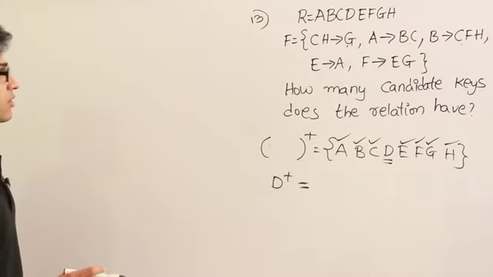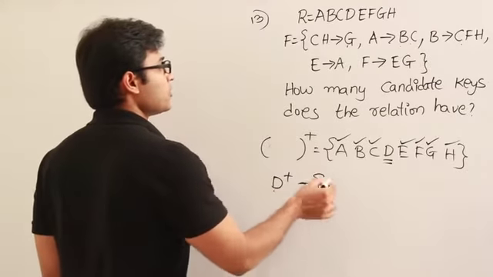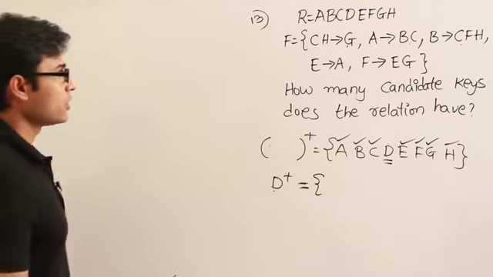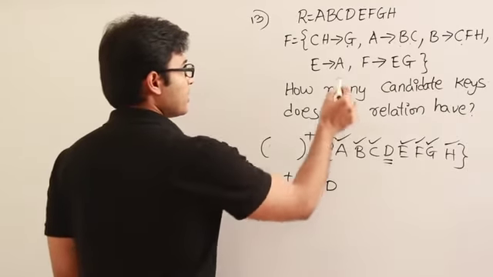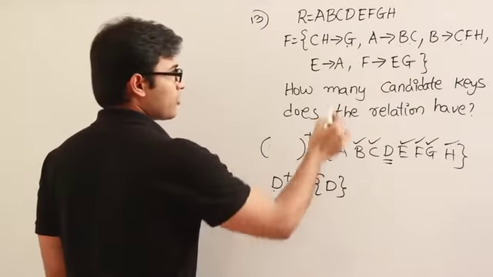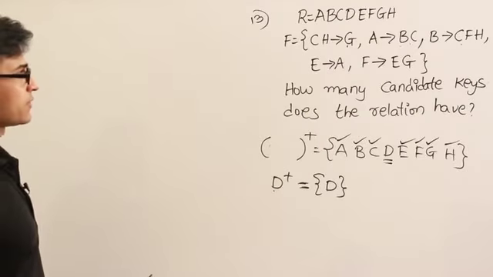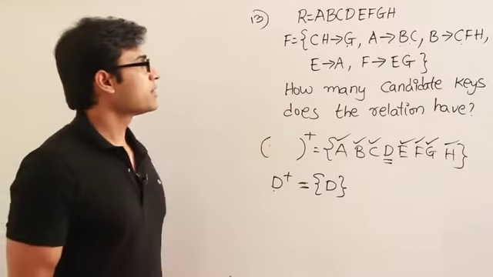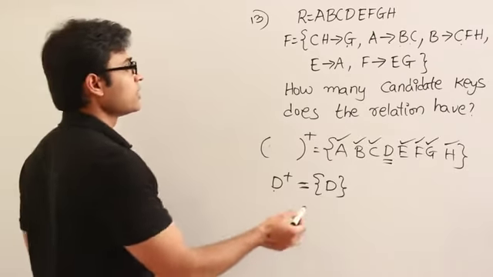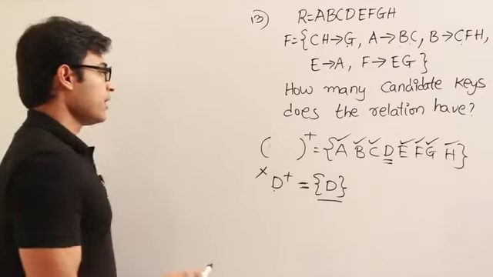So anyway, let's find out if D plus is going to be a key or not. If it has to be a key, it should derive all of them, right? Now let's see what D could determine. D could determine D definitely. And is D a part of the left hand side? Nowhere, right? Actually, D is not present in the functional dependencies anywhere, either on the right hand side or the left hand side. Therefore, I'll not be able to get anything other than this, right? So D is not the candidate key.